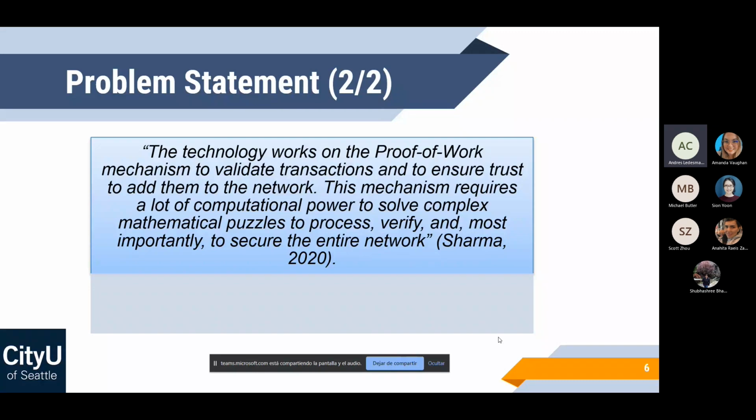Mainly, the technology works on a proof-of-work mechanism to validate transactions, since this is going to be our main example of transactions. And it has to ensure trust to add them to a network. For so, this mechanism requires a lot of computational power to solve complex mathematical puzzles to process. Like I said, it's pretty secure, but most of the time, it's not always cheap in terms of time and